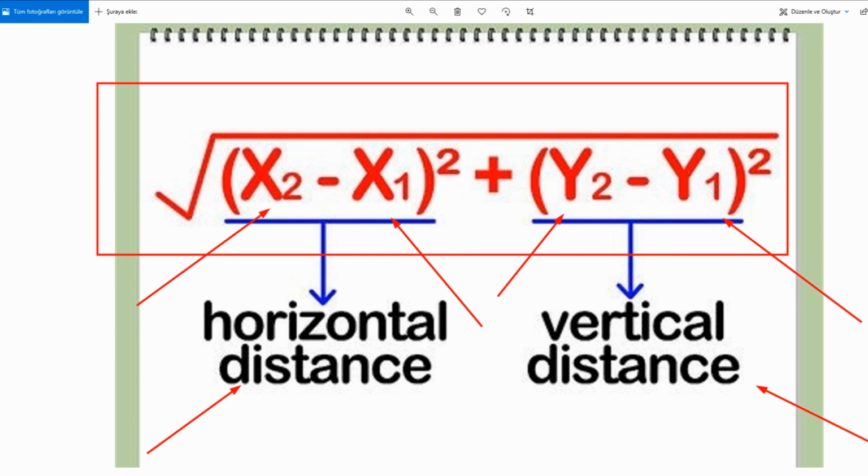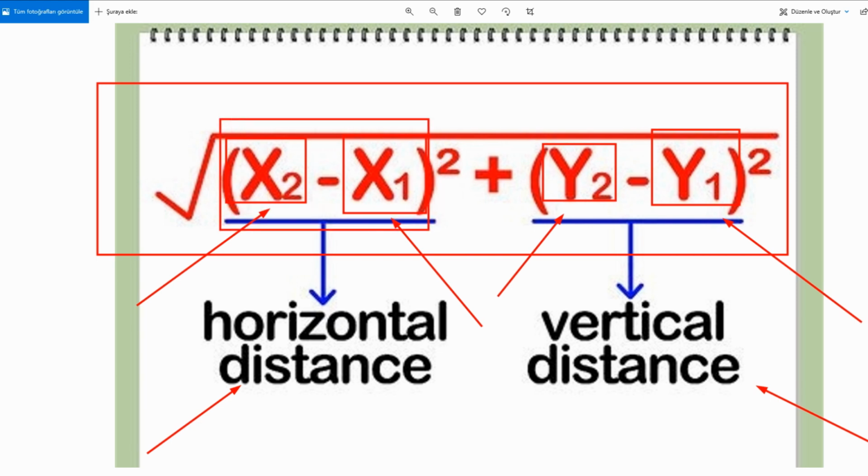If we subtract our x1 value from our x2 and subtract our y1 value from y2 value, and take the second power of these values we subtracted, so here and here, and add them together, we can reach